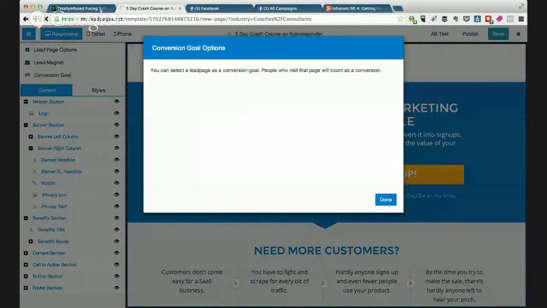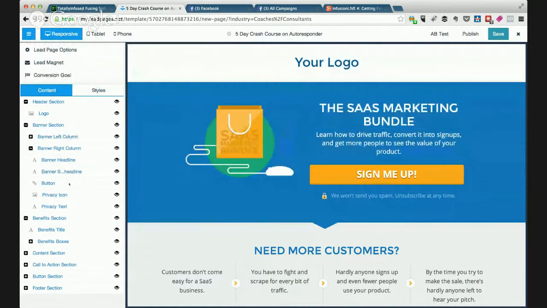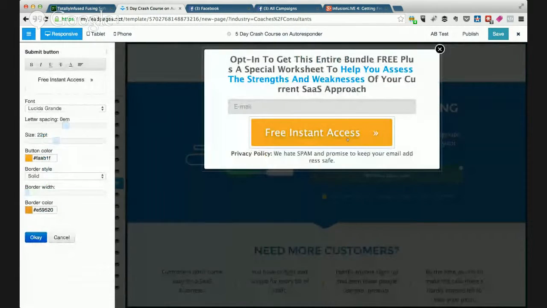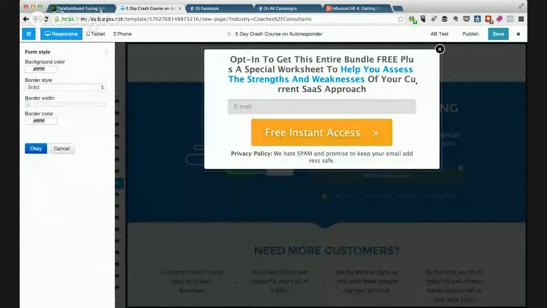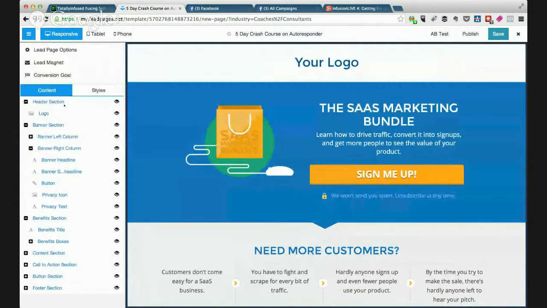Where did they move the... I guess they moved it to the actual button. This is weird. Styles, conversion. Anyway, this button is what you would link to your autoresponder,